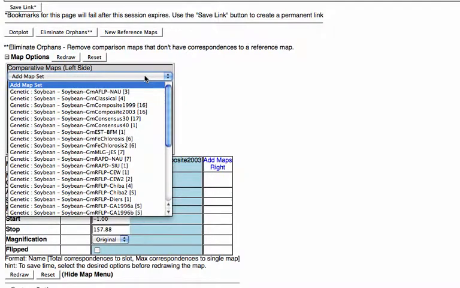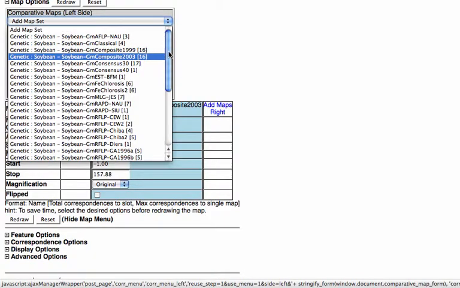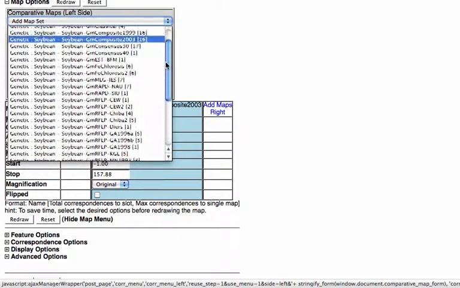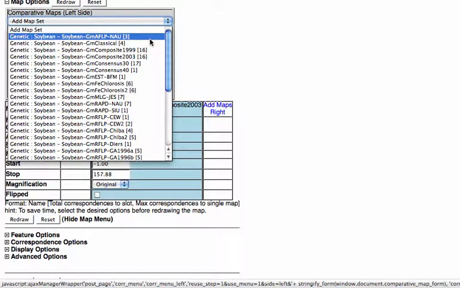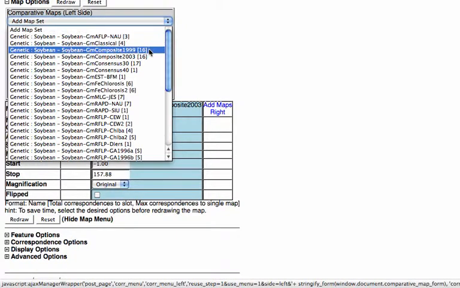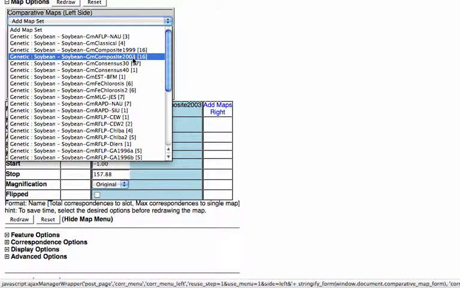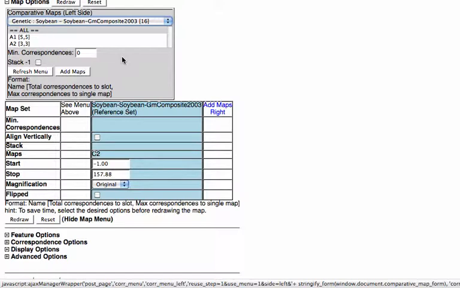So if we pull down the menu bar, we can see that we're presented with a whole list of maps that have at least one marker in common with the Composite 2003 linkage group C2. But we want to look at homologous regions and other chromosomes within the GM Composite 2003 map set. And so when we highlight that, we notice that there are 16 chromosomes that have at least one marker in common to C2. So we'll pick the GM Composite 2003 map set,